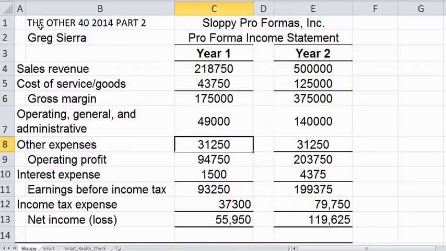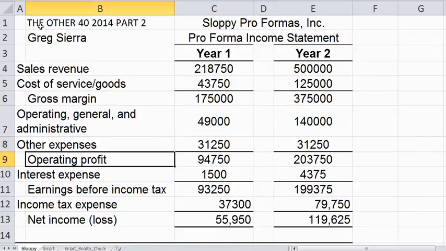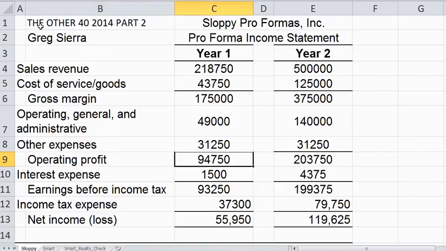Of course, your gross margin needs to be sales revenue minus cost of goods sold. You do have to know what to subtract and add together here. In accounting, anytime you have a single underline, like under this 43,750, that means you're netting or perhaps adding the amounts above. So this 94,750 is 175,000 minus 49,000 minus 31,250, and so on. Okay, but regardless, some of the things in this pro forma income statement that aren't working very well